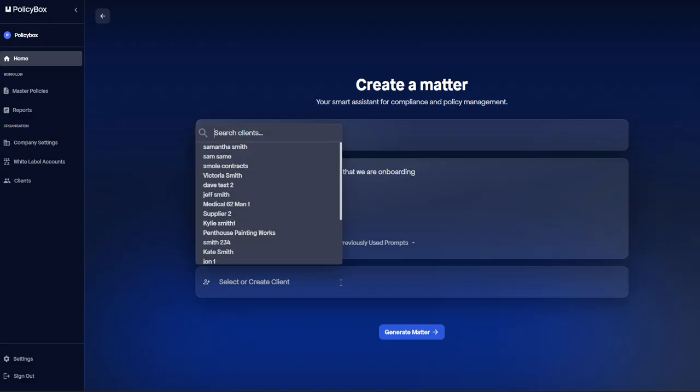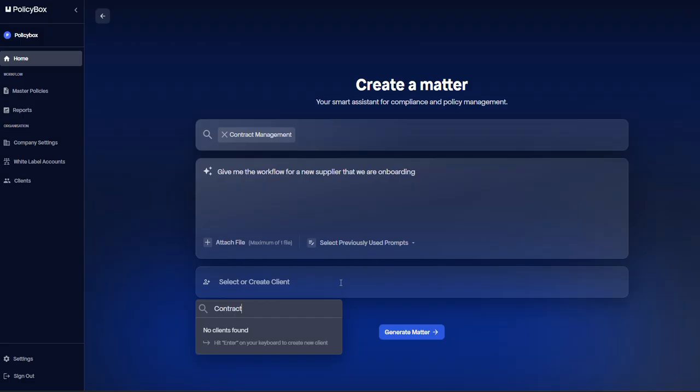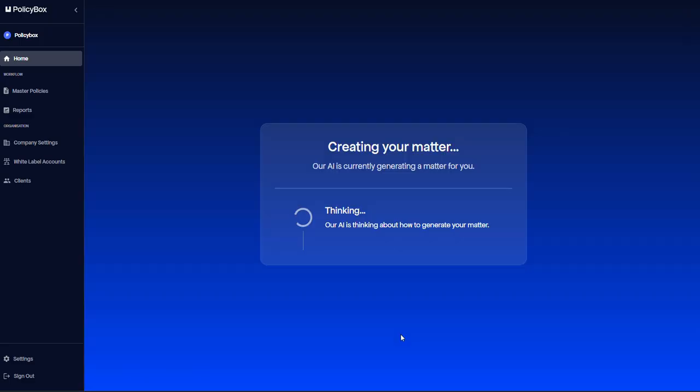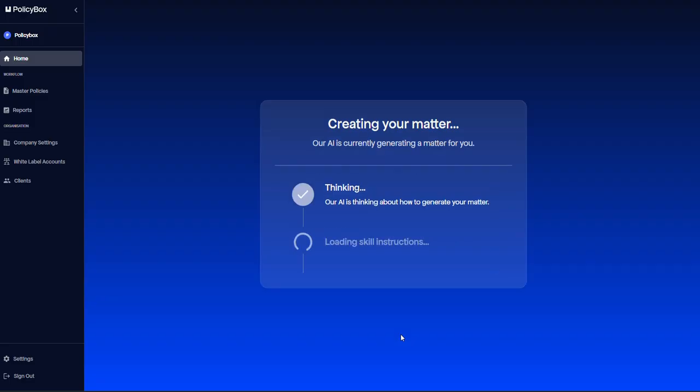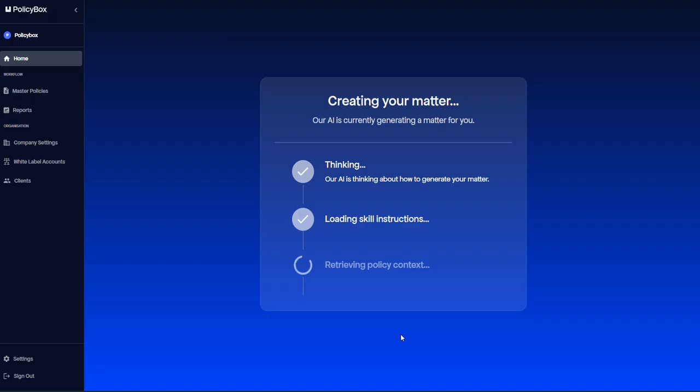We'll add a new client. So let's make it contractors us. And we hit enter, and that's now created that as a client that we're working with. So you can attach many matters to one client. Now that we've got contractors are us in there, we can generate more matters for them. We'll generate that matter, and as we're waiting for the AI to generate the matter, it'll take it through what it's doing on the screen,